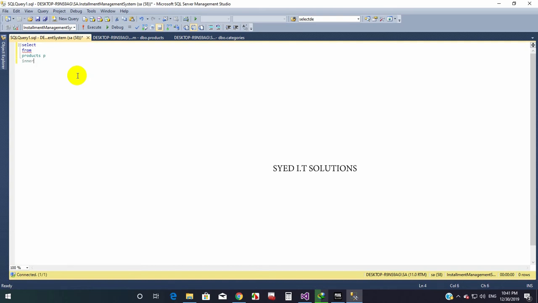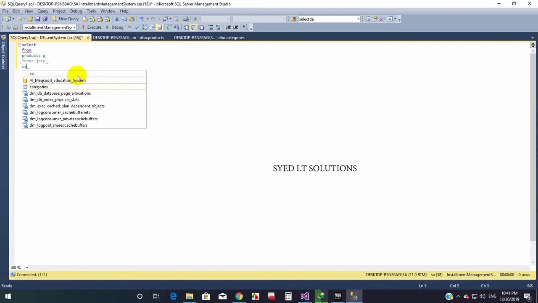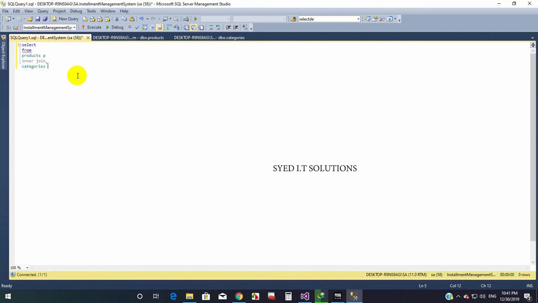Then I am going to inner join table B, and table B here is category, and I am also going to name it C, short name C. Then the syntax is on P dot cat ID equals C dot cat ID, with the same column.